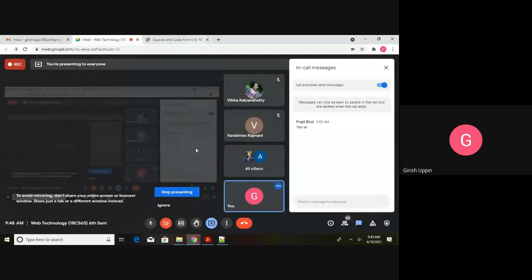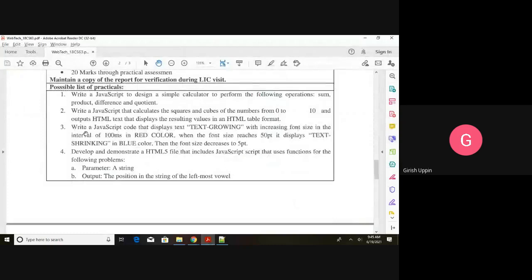All right. We'll go to the third program. Write JavaScript code that displays text, that is, text growing. This is the text that we have to display, text growing, with increasing font size in the interval of 100 milliseconds.